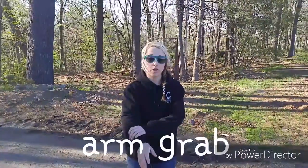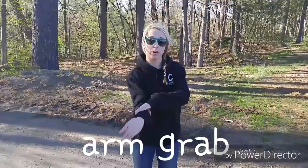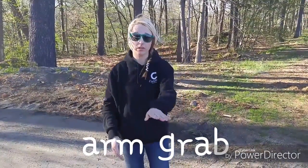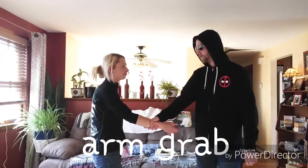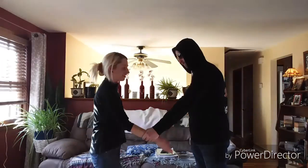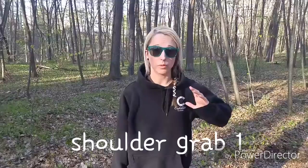These are some ways to get out of some sticky situations. If somebody grabs your arm, you use your hand to get out of their grip, either way, depending on which way they grab you with which hand. I'm gonna go with this though. Or, if somebody comes up to you and grabs you on the shoulder, you're going to take your opposing,